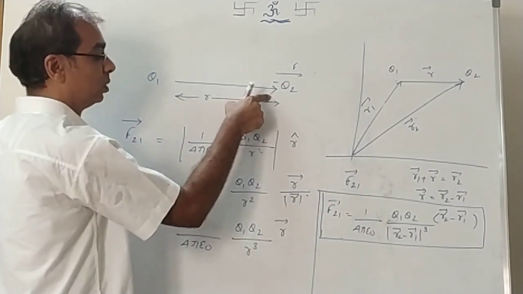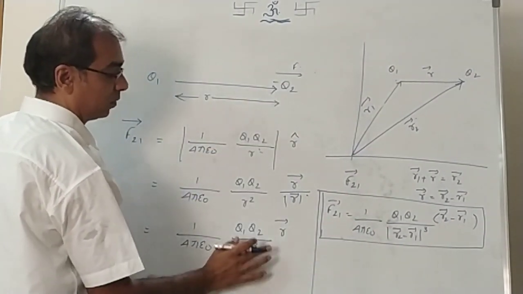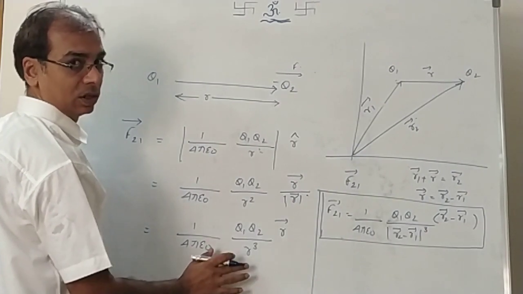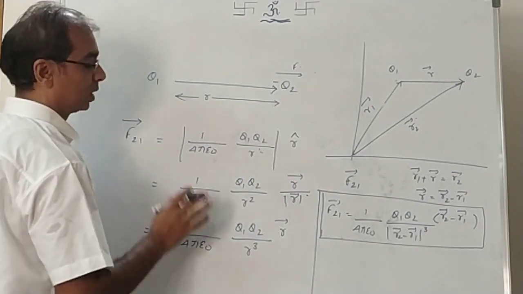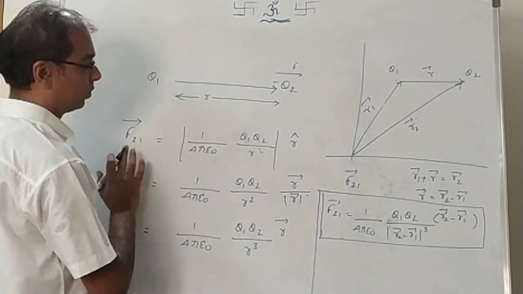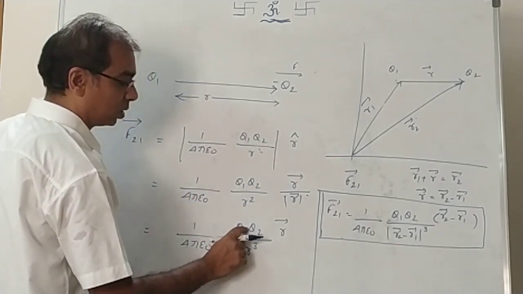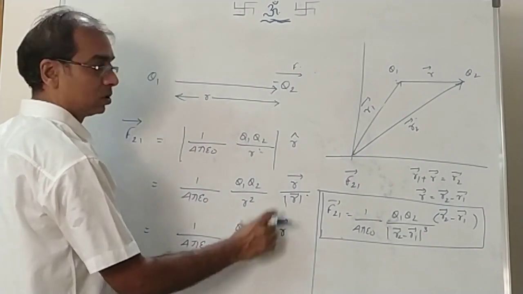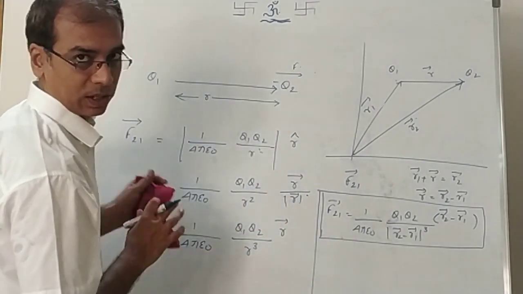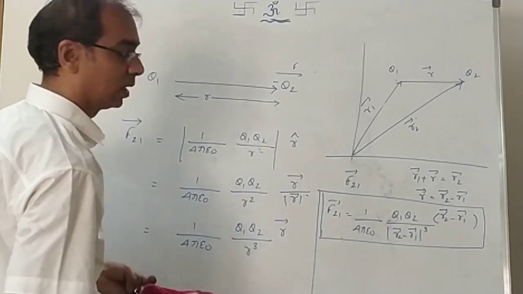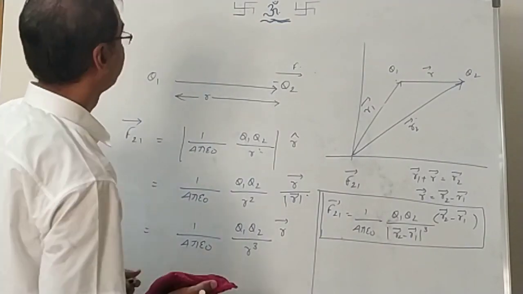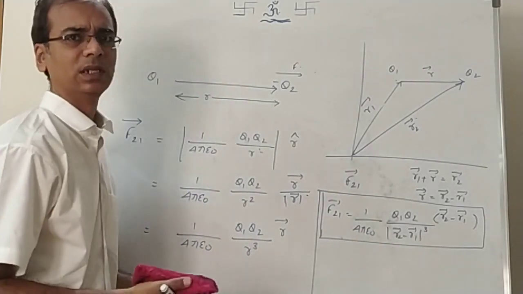So what we have to do in the vector formula, we should be taking sign of the charges. Remember that in vector form of the force, we need to be taking sign. So if we are going to take minus Q2 here, it will become minus R. So the direction become in opposite direction. Let's see, we'll solve few questions on that and we will know it. Okay? But those questions we will see in our next class.